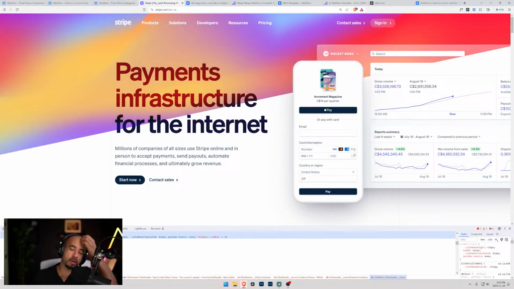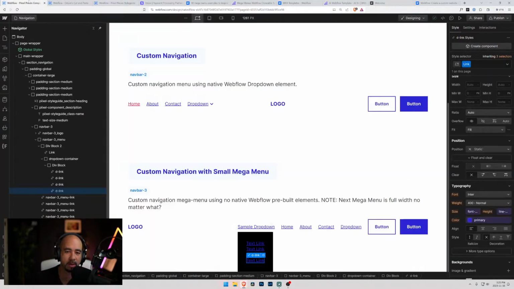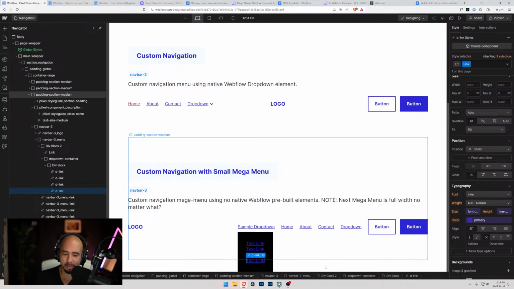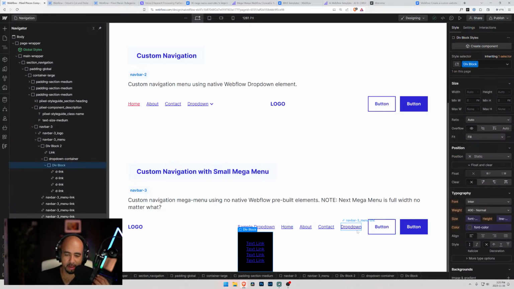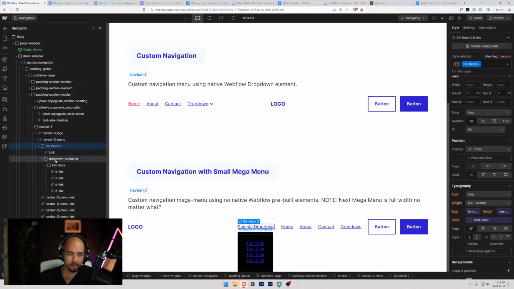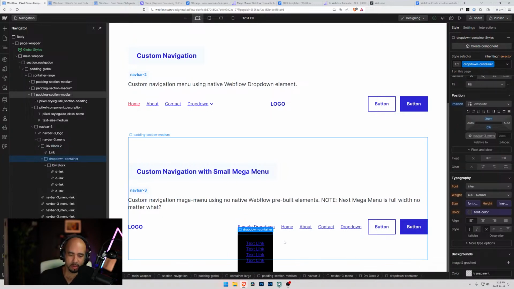Okay, but back to what we're doing here. So this mega menu, we have an issue where it's not going to go the full width. So what can we do about it? What can we do about it? We can